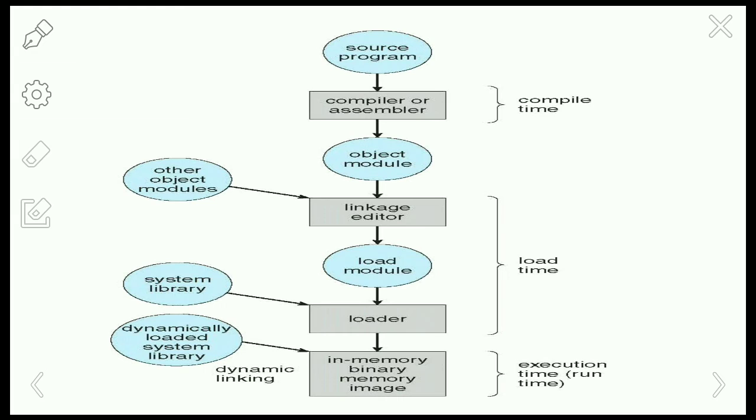In the diagram, you can see step by step a user program linking the library files before execution, which is said to be static linking. Linking at the time of execution is said to be dynamic linking. You can observe this linking in the given diagram. Most operating systems support only static linking. We can say the definition of dynamic linking in a statement is: the linking is postponed until the execution time. So this is about compile time, load time and execution time.